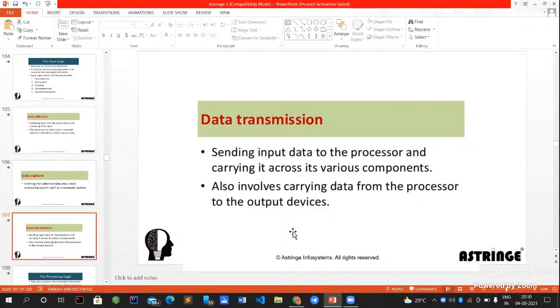Transmission means sending input data to the processor. Now the last step of the raw data is sending the input data into the preprocessor and carrying it across various components in that. Okay, so this is not